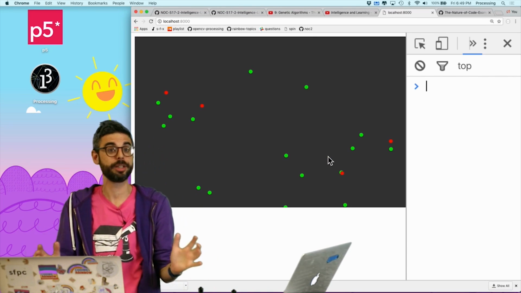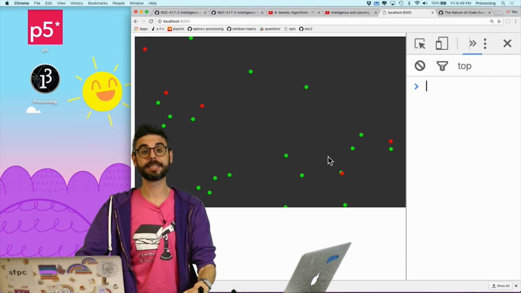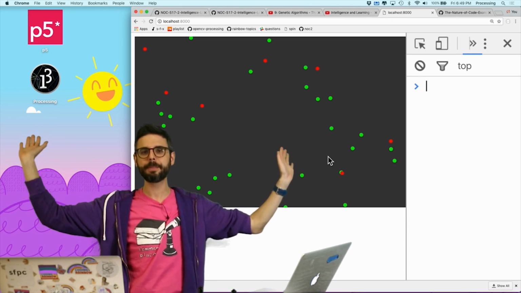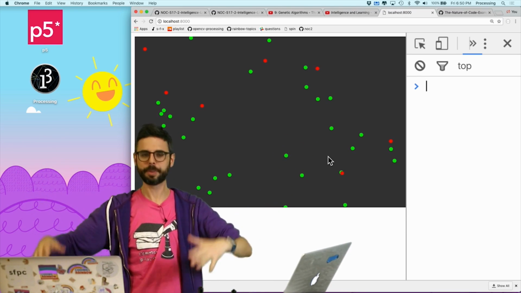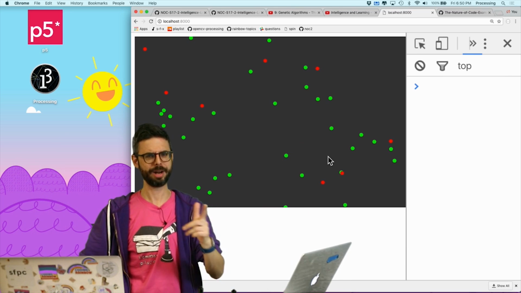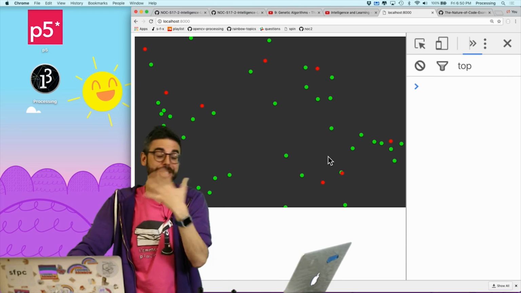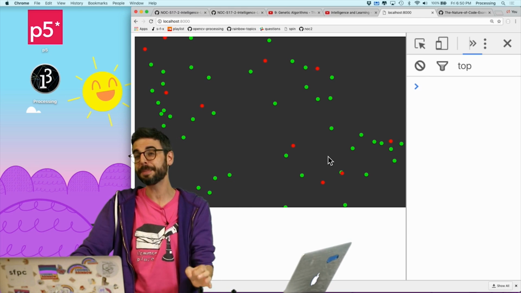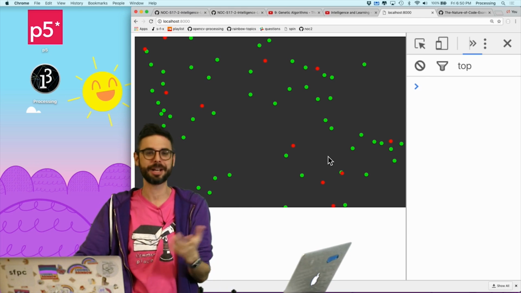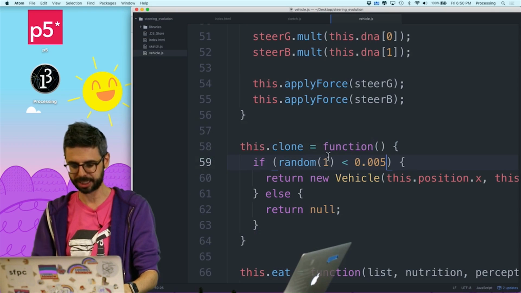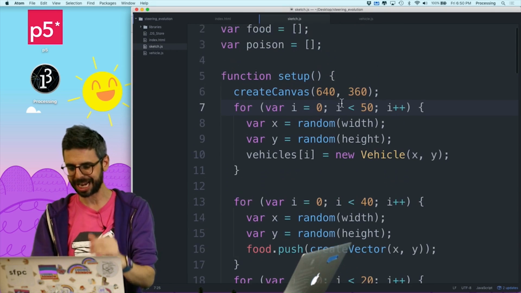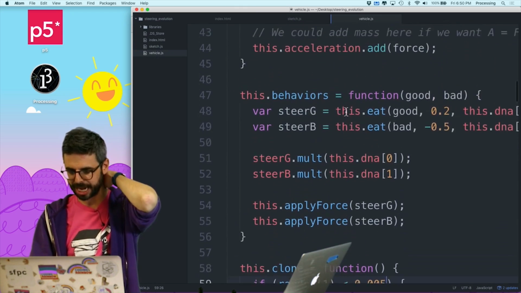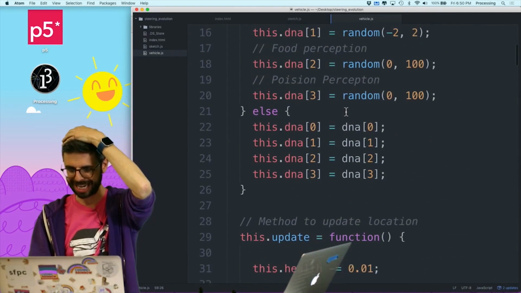Now there's a lot of ways I could do this. Number one is I could just randomly pick new steering weights, and randomly pick new perception radii, if the plural of radius is radii. I've done that in some of my other videos. But in this one, what I'm going to demonstrate is just adjusting those values a little bit, because I think that'll be interesting to see. I'm going to do this in a very inefficient, silly way, and I can leave it as an exercise for you to write the code in a nicer way.